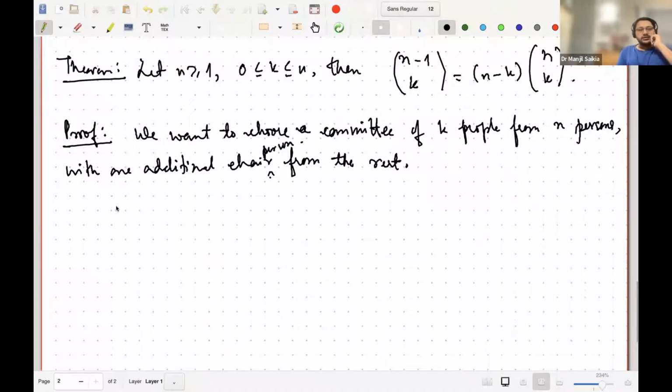So if I choose the chair first, in the first way, there were total n persons. Now I have chosen the chair. So now out of those n persons, 1 person has gone because that person has been designated as the chair. And then I have n minus 1 persons remaining, and I still need to choose the committee of k persons. So if we choose the chair in the beginning,